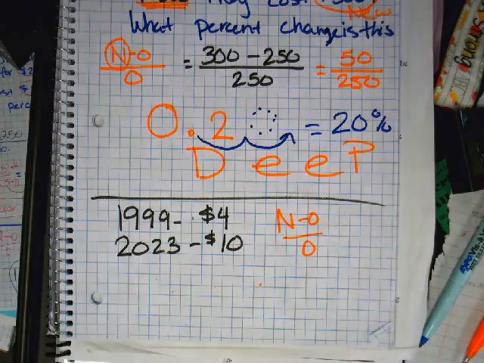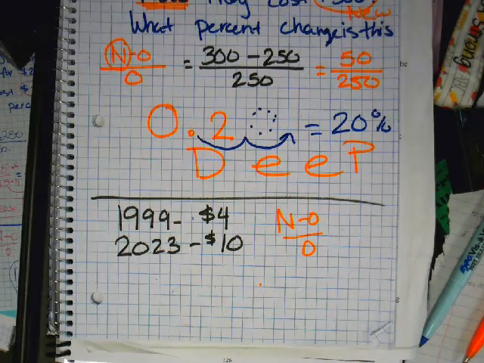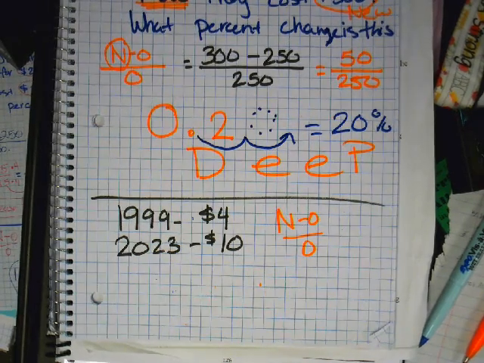Okay. Plug in your numbers. Which number represents the new price of the Egg McMuffin? Which number represents the old price of the Egg McMuffin? Plug them in. Which number do I write in the N? Which number do I write in the O? Which number do I write at the bottom? Should you be able to do this right now on your own and give me a final answer? Yes, you should be able to go all the way now. Plug them in. Use a calculator. What's the decimal? Move it twice. You should be able, at this point,